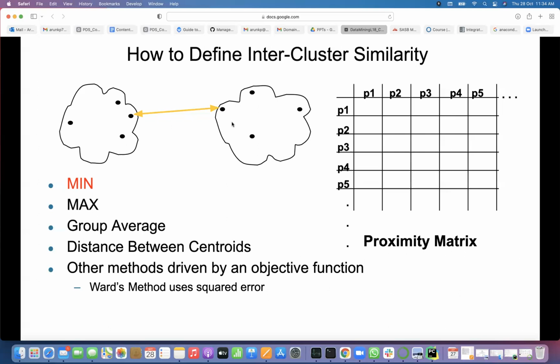So min is nothing but the argmin of the distance of the pairs, where each pair has 1 point from one cluster and the other point from the other cluster. So here the min distance is coming between these 2 points, whatever the yellow arrow shows here.